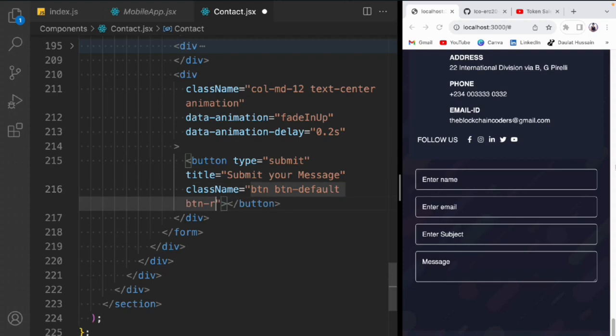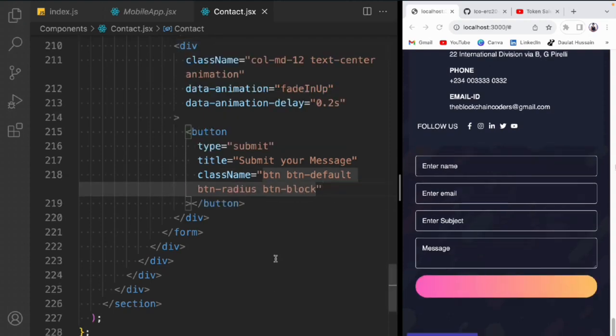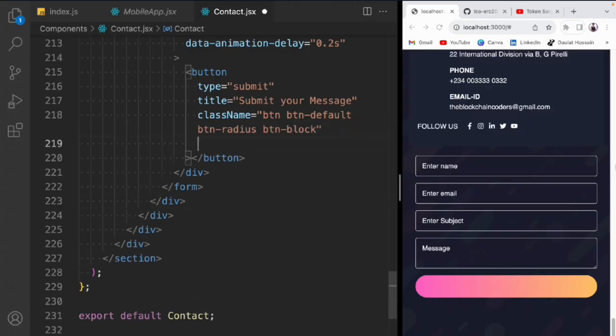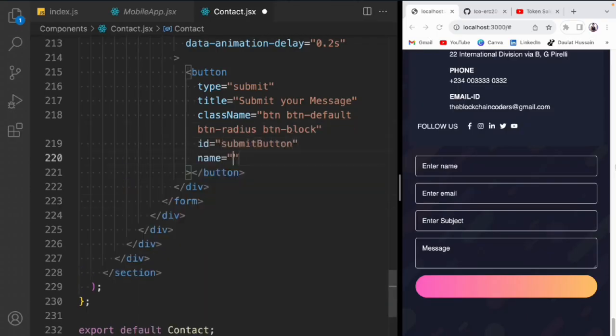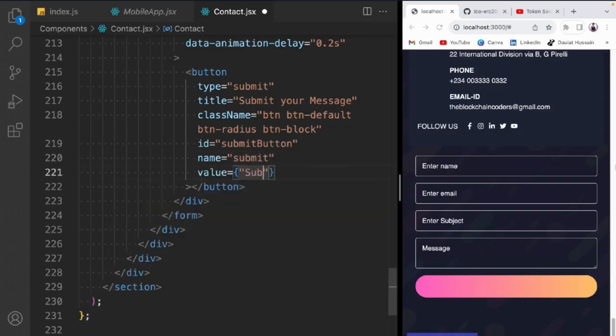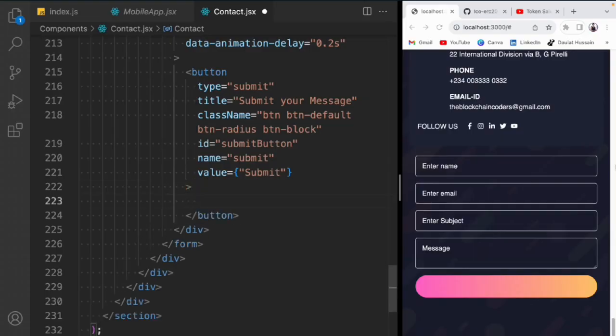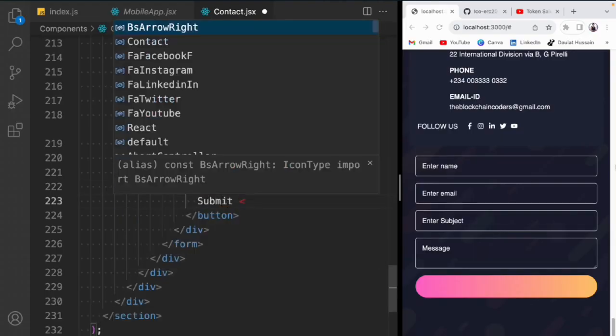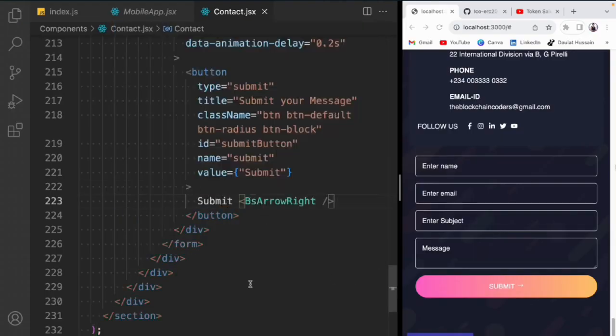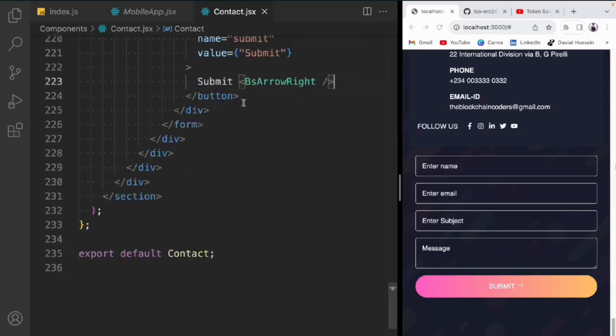Then add the default classes, so button radius, button block. So we have the entire block. Now here we have to assign the id called submit button. Name is going to be submit, and we have to assign the value to submit, and here we have to give the name. So we'll say submit, and we'll display our arrow icon. So we have the submit button ready,